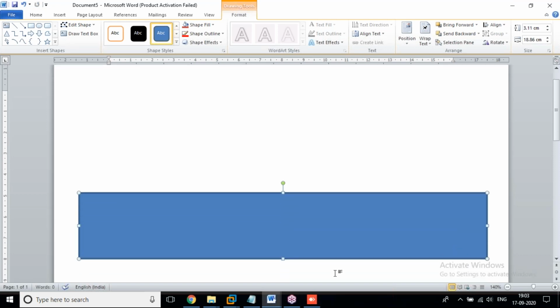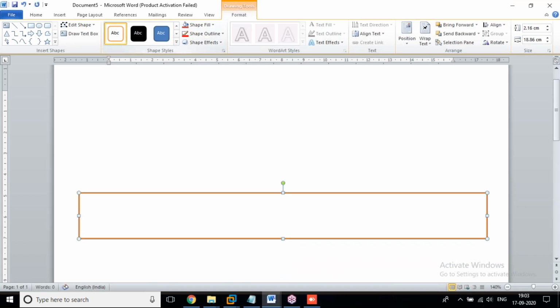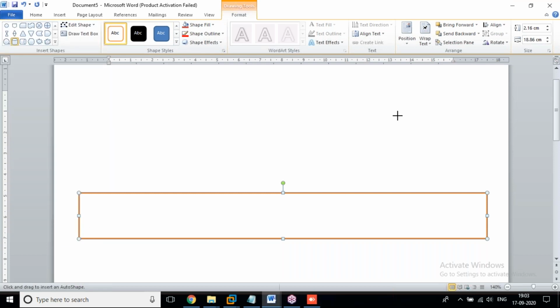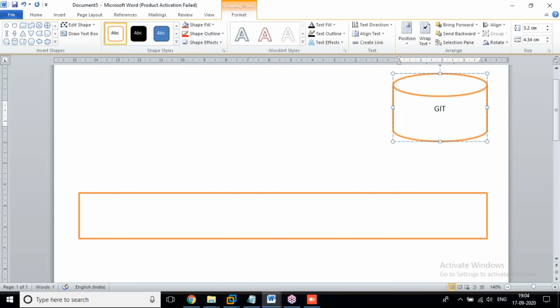This is the remote server, or GitHub. This is the GitHub. Yes, we created one repository. Just imagine a demo repo. We created that demo repository.